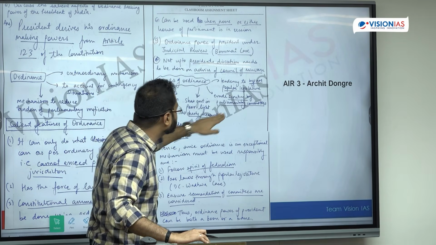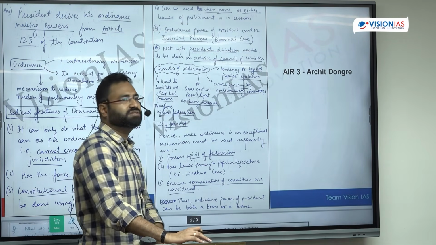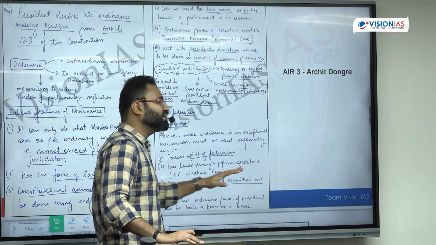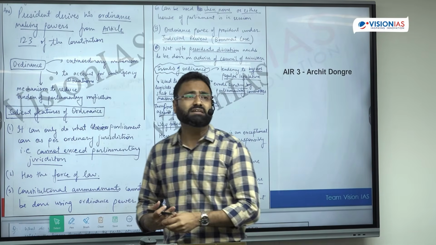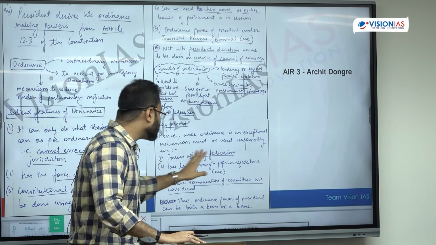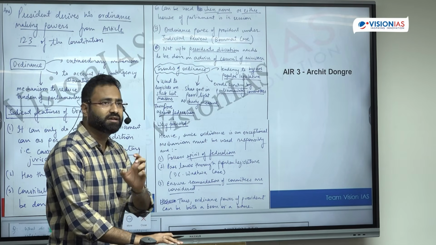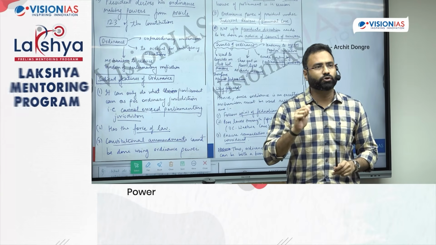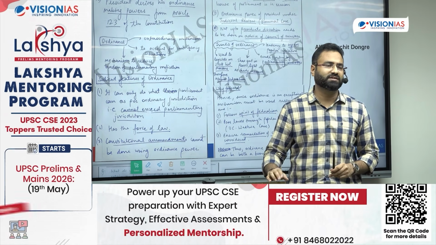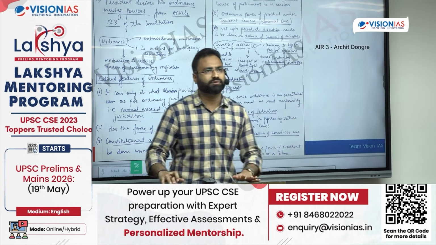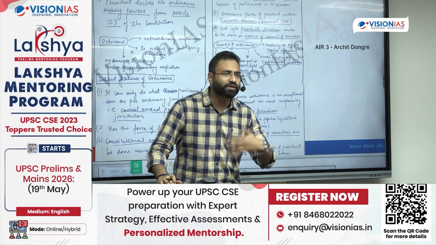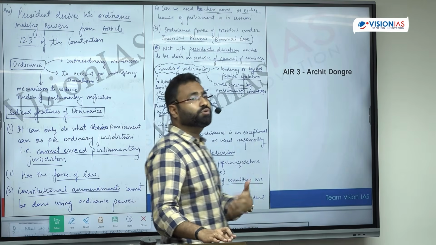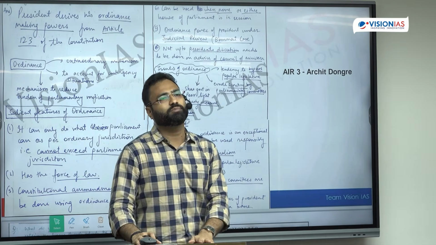Then he talked about the specific limitations, and again he has given certain specifics like the spirit of federalism, like the DC Wadhwa case, like basically it should not be bypassing the legislature. So these things are providing certain kind of specifics, facts, data, examples. Now look, one thing is that in the classes maybe four or five constitutional aspects might have been discussed. In the initial answers he might have utilized two or three. This is the process. Then you will incorporate more. You will read that particular topic again. You will try to identify which areas you could have written further, and then improve on that, right?